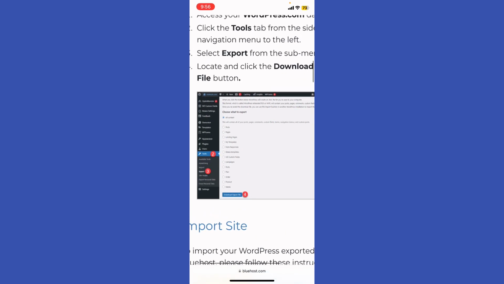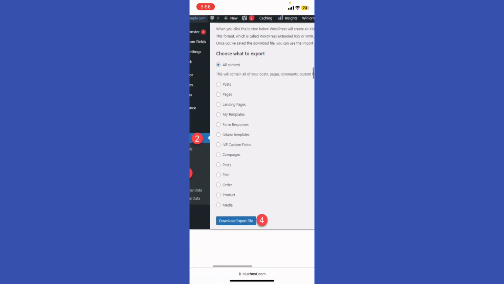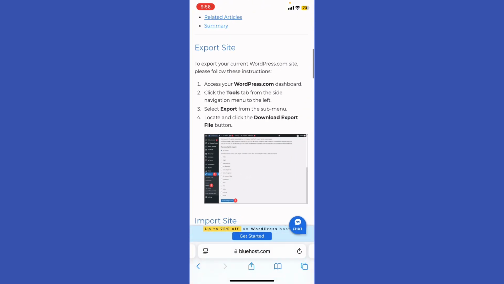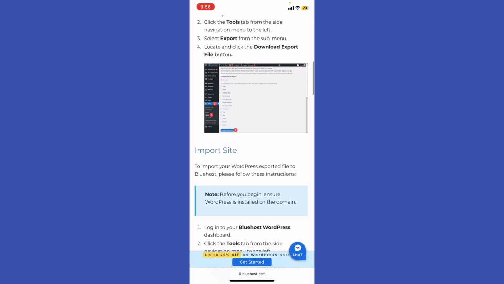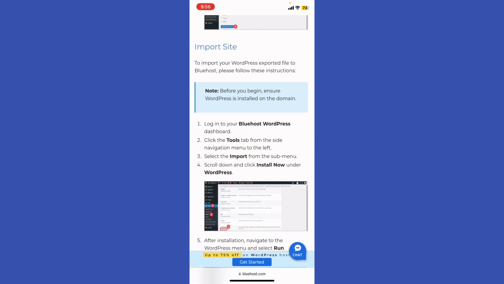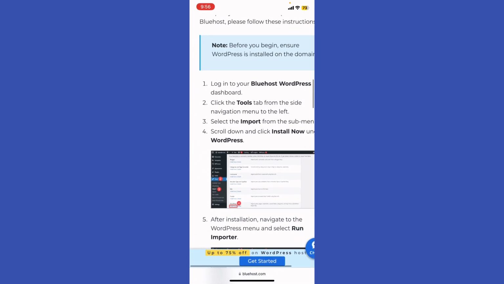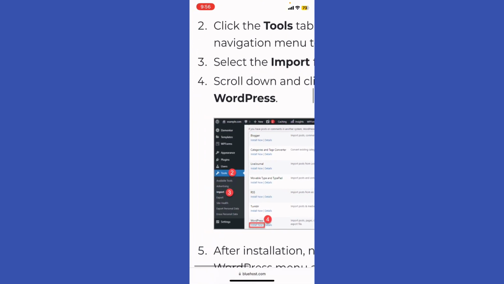the Tools tab from the side navigation menu on the left, and then just select export, okay, and then click download export file, right? And basically, if you want to import a site, what you gotta do is log into Bluehost WordPress dashboard, of course, and click the Tools tab from the side navigation menu on the left side, and then click import, and